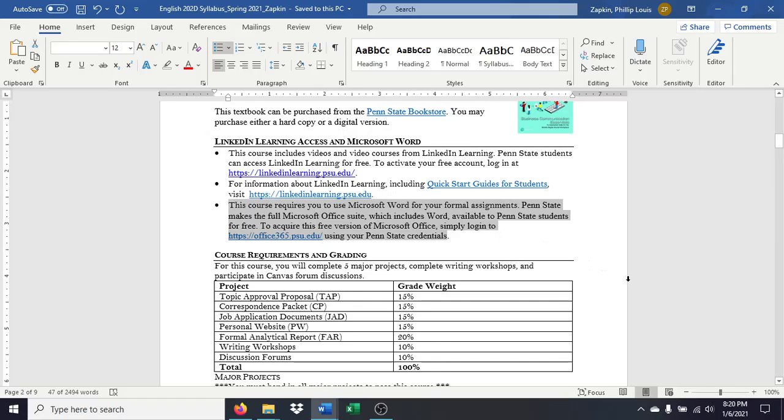Microsoft Office remains the standard for business, so I would recommend at the very least becoming familiar with that. And you can get a free version of Microsoft Office, including Word, by going to office365.psu.edu. You can either work with that online, or you can download that onto your computer. Again, I very strongly recommend doing that.